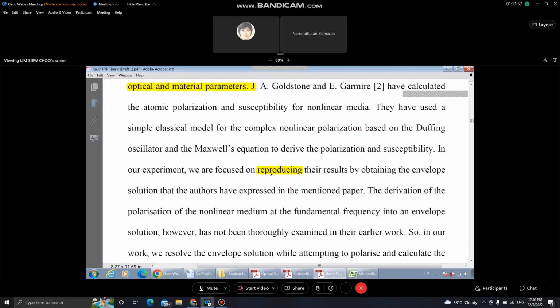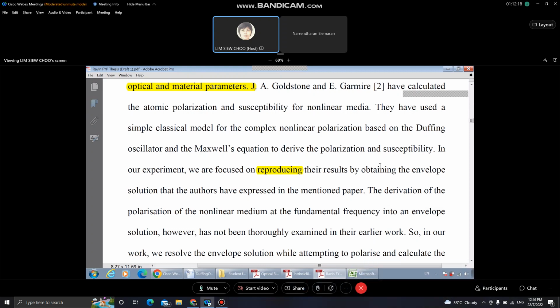Here I highlighted "reproducing". You better not use "reproducing". Maybe you just say that we are focused on obtaining the results